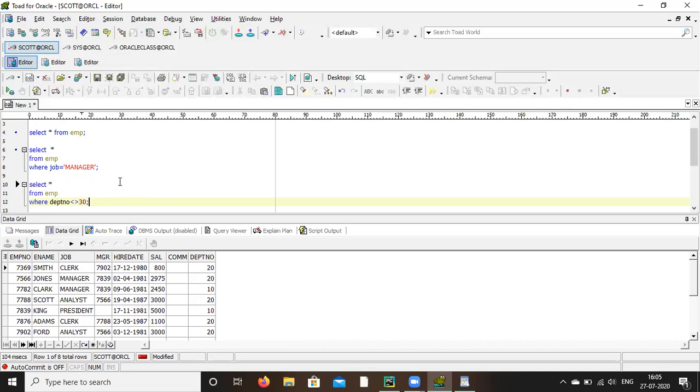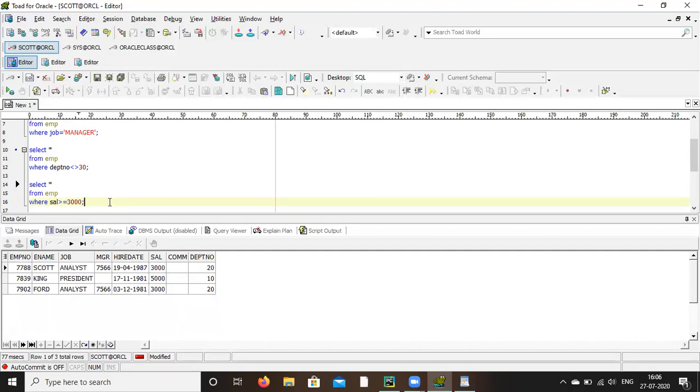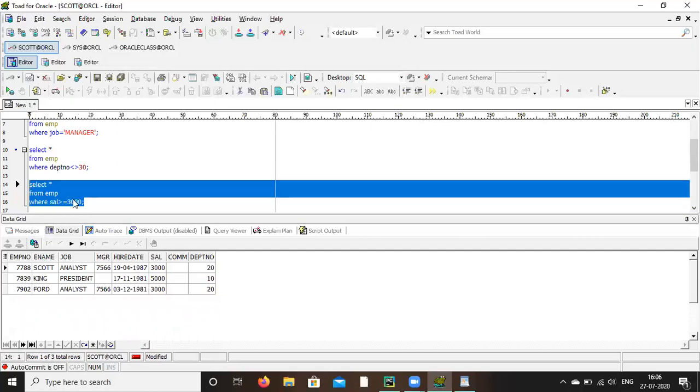Now greater than, let's say whose salary is greater than 3000. Now write again. Like that, greater than and smaller than you can do also.